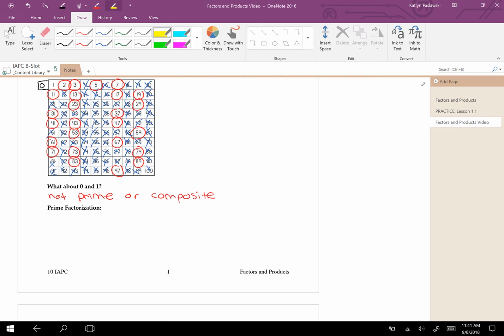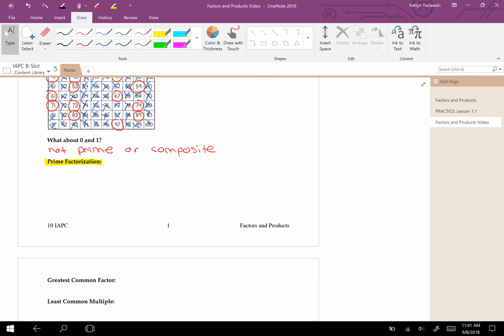All right, we have another definition here because I see that it's bolded and has a colon, so I'm going to highlight that. The definition of prime factorization is a number written as the product of its prime factors. So when I look at this definition, I recognize that product is the result